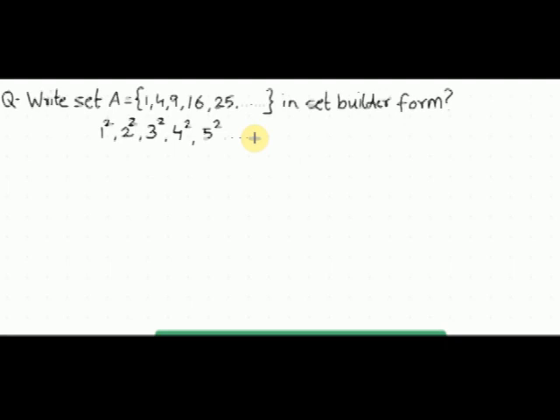We will write a set A, okay, and to write it in the set builder form, we will write an element X which exists in A, okay, and X is equals to, since it is a square, we will write it as n square, right, and we will give it condition where